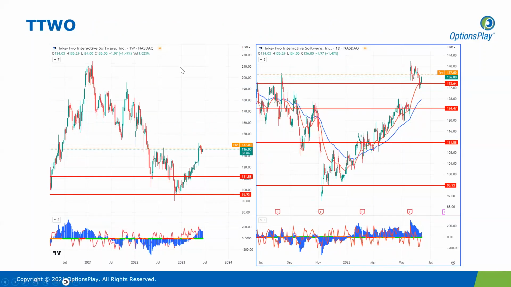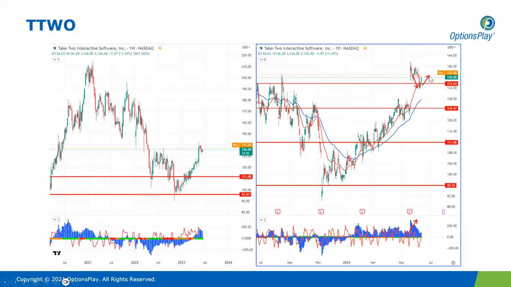Moving on to some market observations that I have for you today. This is a bullish idea on Take-Two Interactive Software. We've definitely seen momentum staying positive on the daily time frame for quite some time. Then we had a bit of a spike up in momentum when price gapped up higher from 124 to 140. Since then, we've experienced a pullback, and that pullback has approached this previous area of resistance, potentially turning support, at 132, 133.